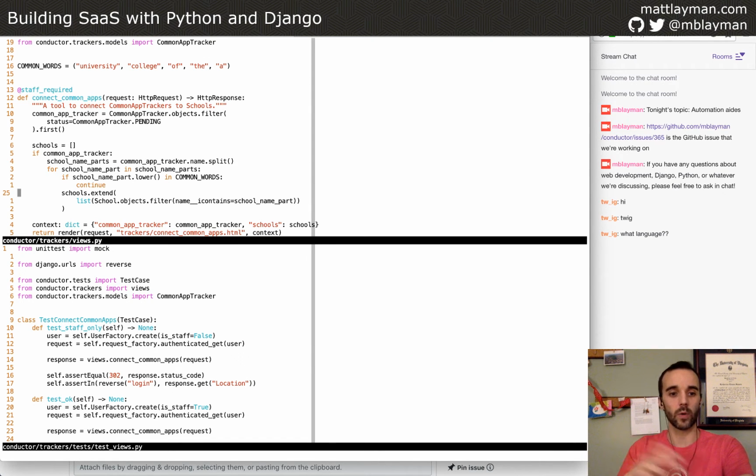And we want to find a school that exists within College Conductor and present that information and then attempt to make the connection. So the first half of this tool is the actual presentation of the data. It is going to display which school that we care about, and then it's going to display possible matches based on names that it found.